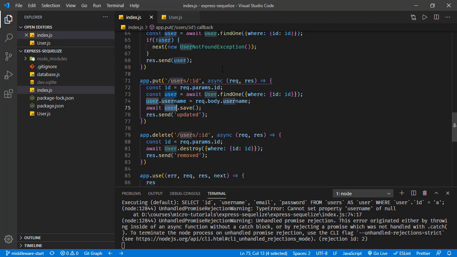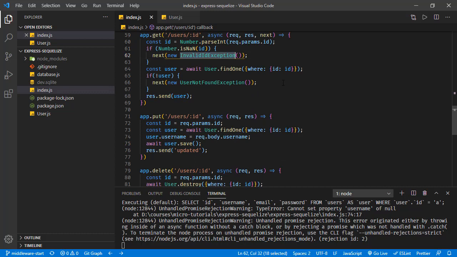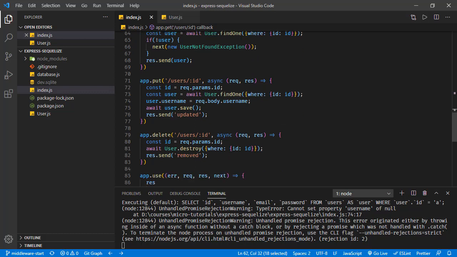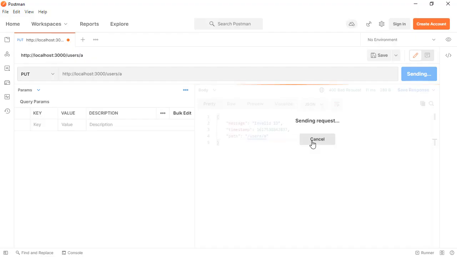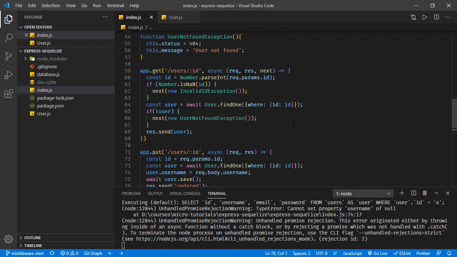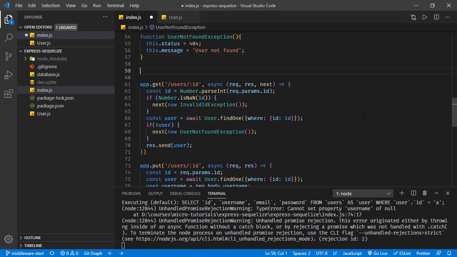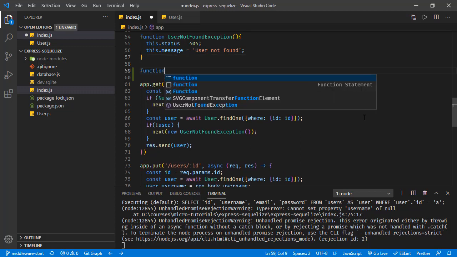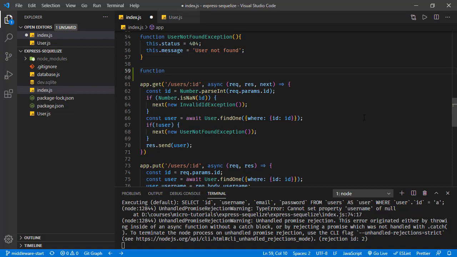So we can just throw the same error like the invalid ID exception in this endpoint, and also we should be doing the same thing in the delete mapping, and we are going to do that with the middleware now. First canceling this request. Now let's create a function for this one. Middleware is basically a function, and we can define a function right here, let's say this is the name of the function. Let's say it's going to be ID